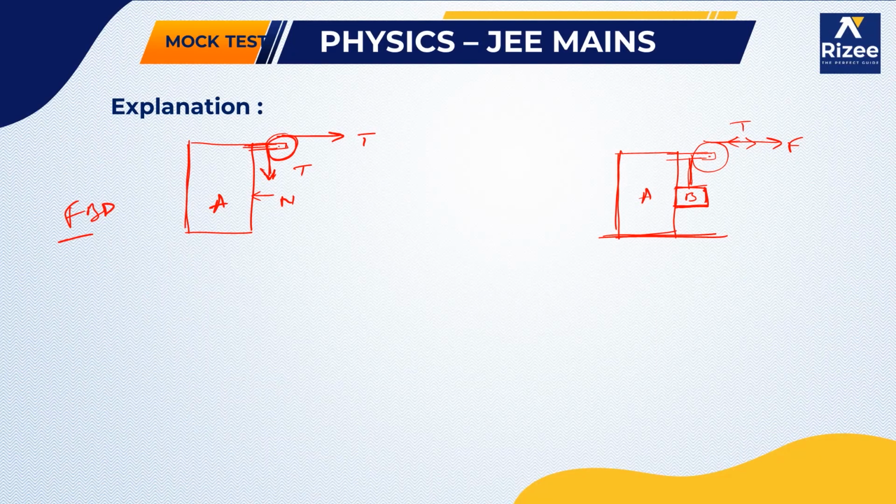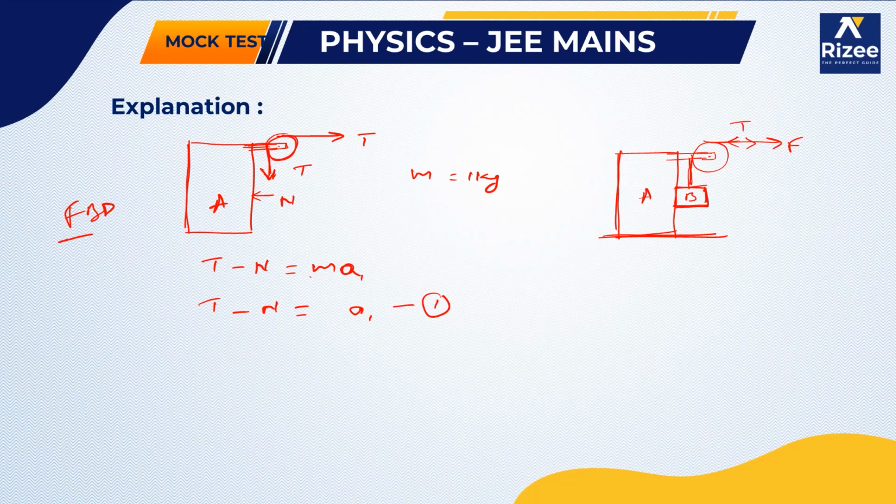If I write the forces for the x-axis, since its motion is towards the positive x direction, T should be greater than N. So T minus N is equal to the mass of A times its acceleration. The question gives the mass of each block as 1 kg. If I substitute, T minus N is equal to M into A1, with M as 1 kg. So let me take this as equation 1.